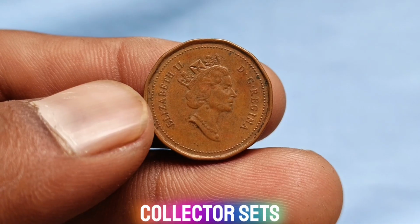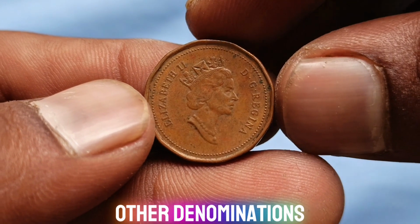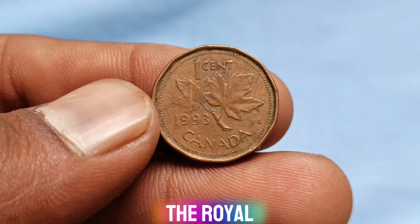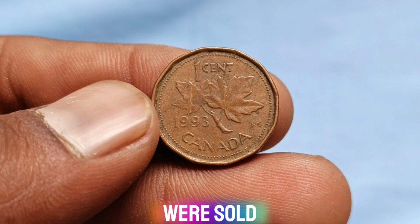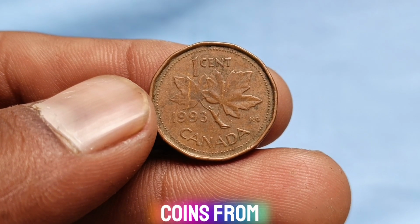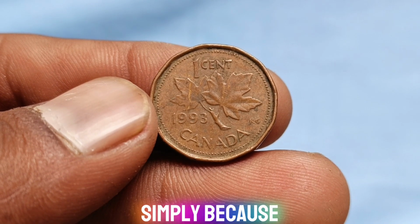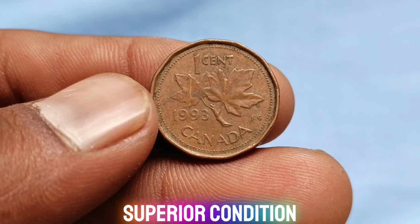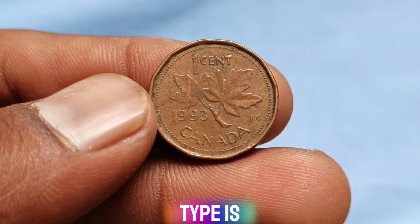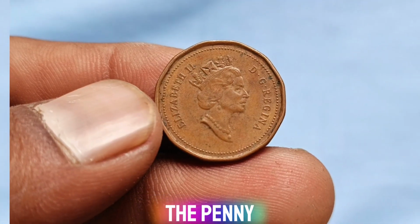There are also special collector sets from 1993 that include the penny along with other denominations struck in higher quality finishes, such as specimen or proof sets issued by the Royal Canadian Mint. These sets were sold directly to collectors with certificates of authenticity and different packaging. Coins from sets are typically more valuable than their circulation counterparts simply because they were preserved in superior condition and produced in limited quantities. One common type is the 1993 6-coin specimen set, which includes the penny in a premium